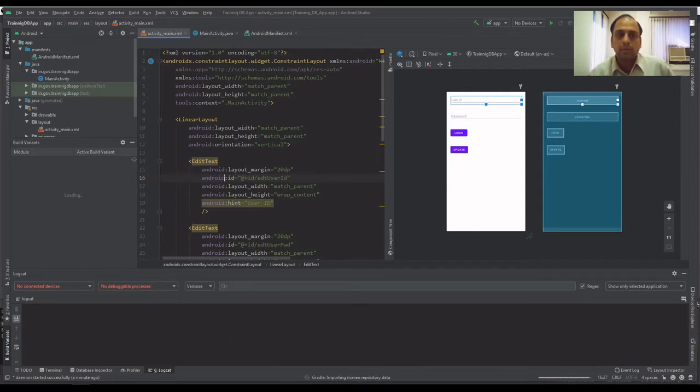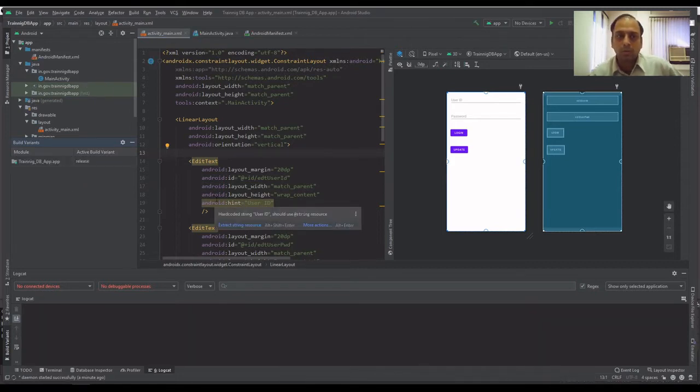Generally we use these debug messages to trace the progress of our program and trace the values of variables and so on. If you don't want these things to be disclosed, you go for release, and it is compulsory. If you are going for Google Play Store upload, it has to be a release version.